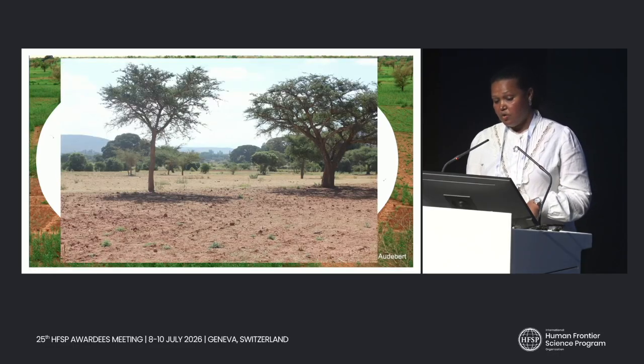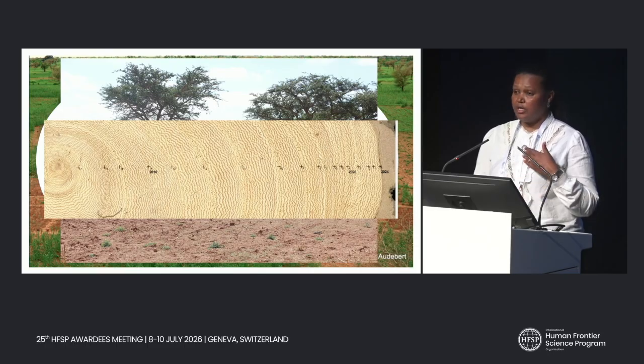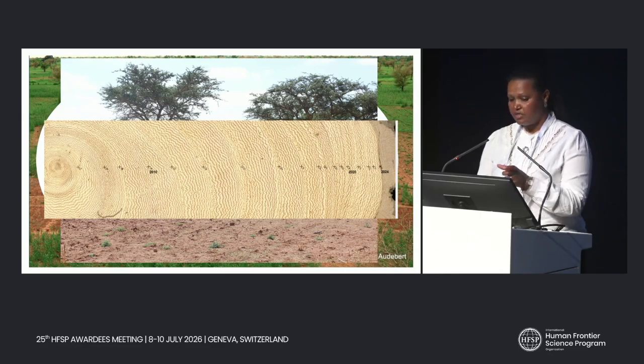And this is what it looks like in the dry season. So we know that it forms rings. In temperate and especially in the boreal regions, it's winter which induces cambial dormancy and ring formation, and in tropical regions, it's the dry season, even if it's brief compared to the trees in boreal and temperate regions. But if this tree grows in the dry season, what is inducing this dormancy?